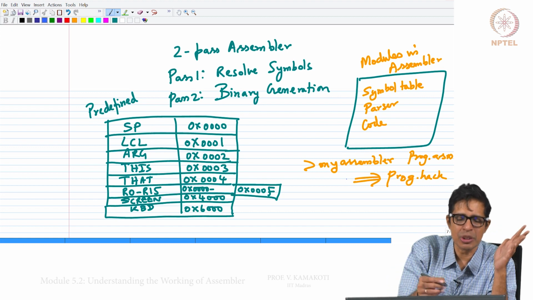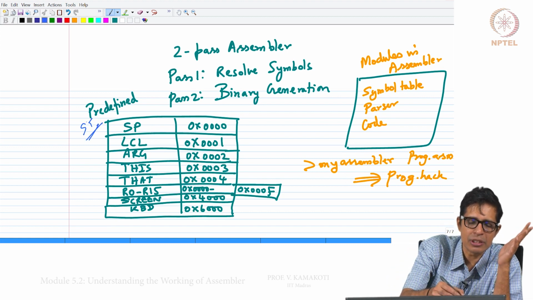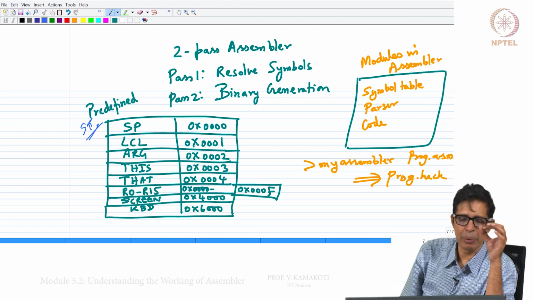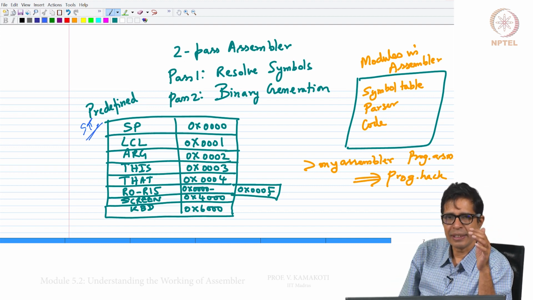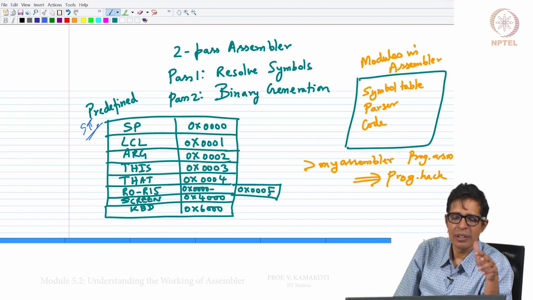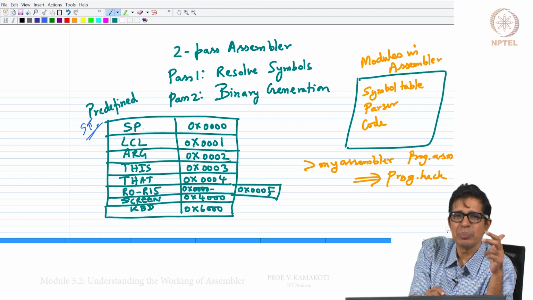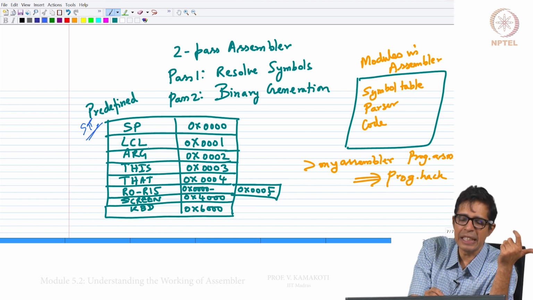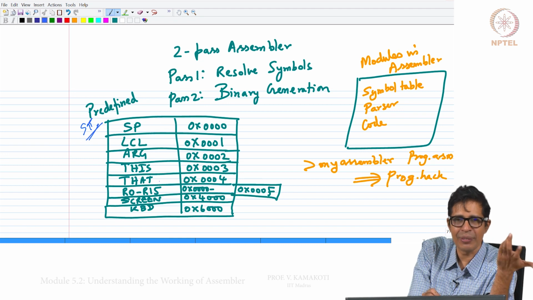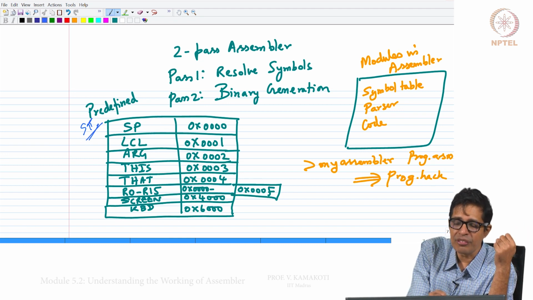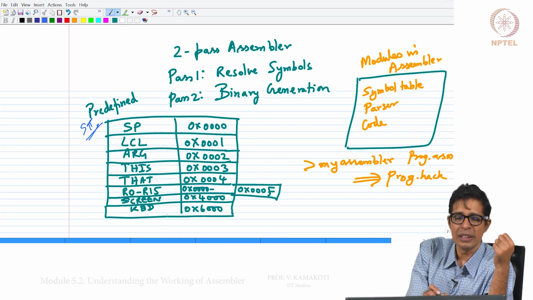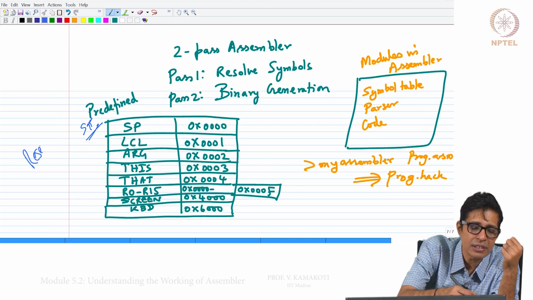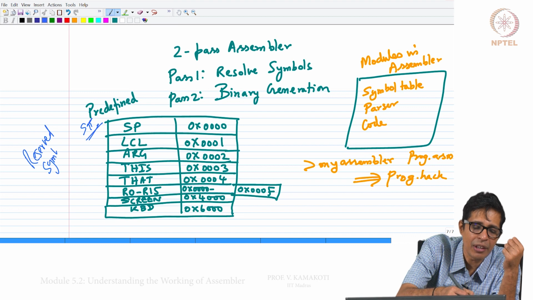So, when you initialize your symbol table, please note that this is also there in the book, the symbol table will have these entries already. For example, it will have SP, which is basically the stack pointer. We will see what a stack pointer is later, right. LCL, local, ARG, argument. So, SP, LCL, ARG, THIS, THAT, we will see what this and that are later. Then you will have 16 symbols R0, R1, R2, R3 till R15, then screen and keyboard. These are all what we call reserved symbols. We cannot use these symbols in our program.